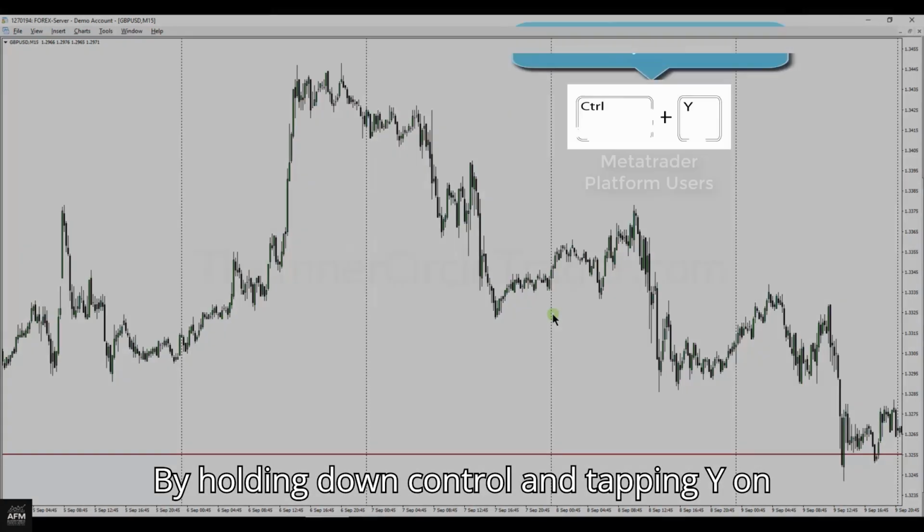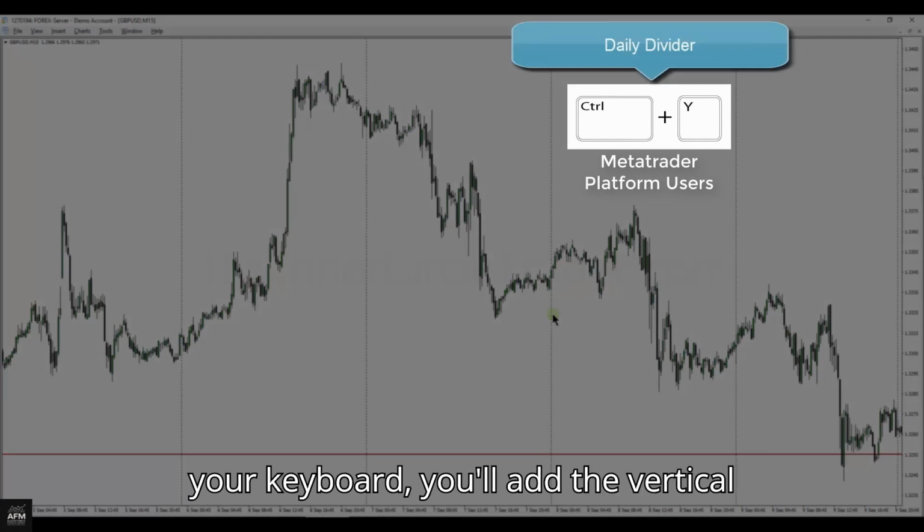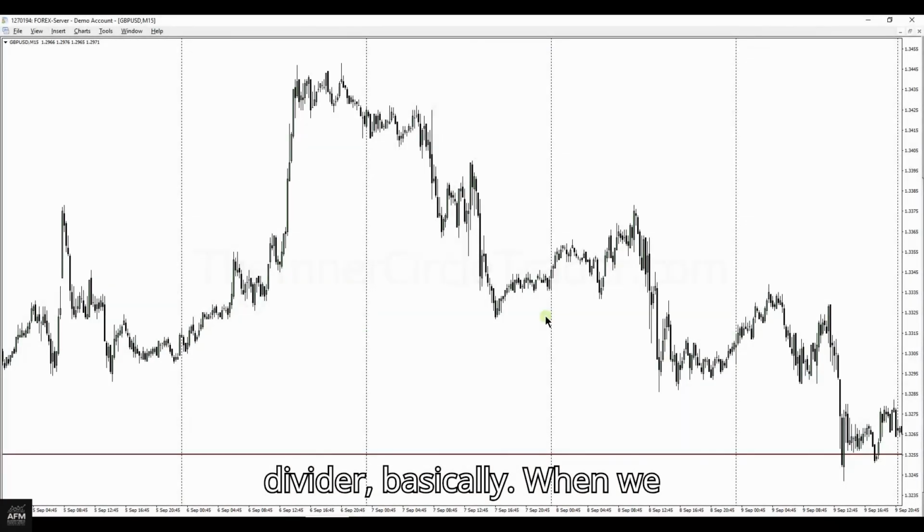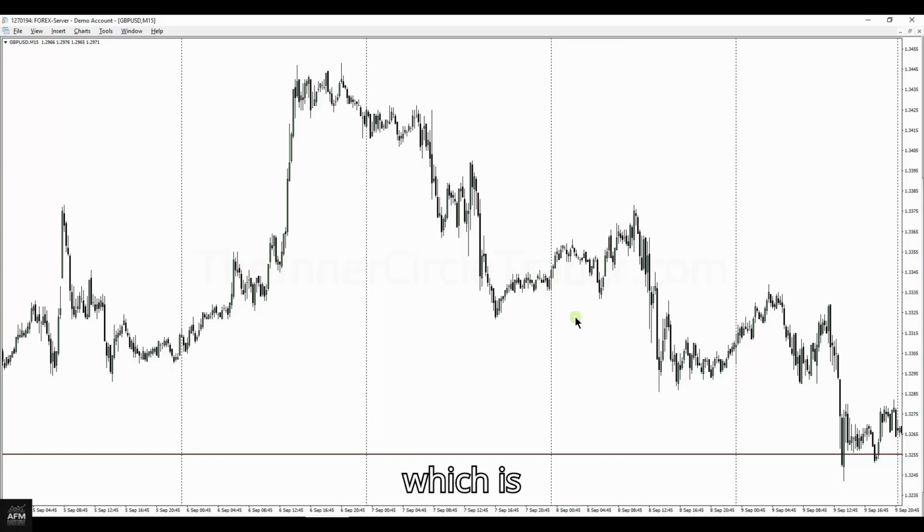By holding down Control and tapping Y on your keyboard, you'll add the vertical delineations for 0 GMT. So 0 GMT, vertical line to another day divider, basically. When we see this, then we can look at time-sensitive impulse price swings, which is